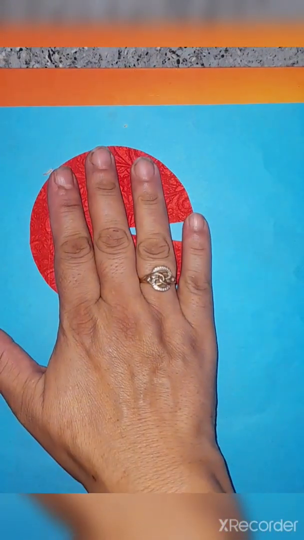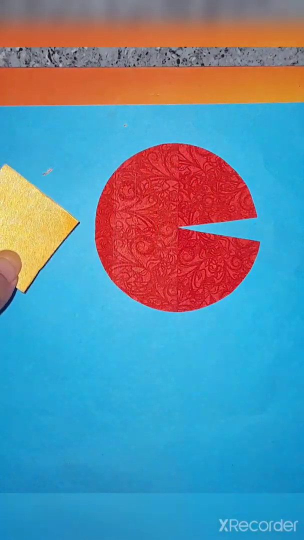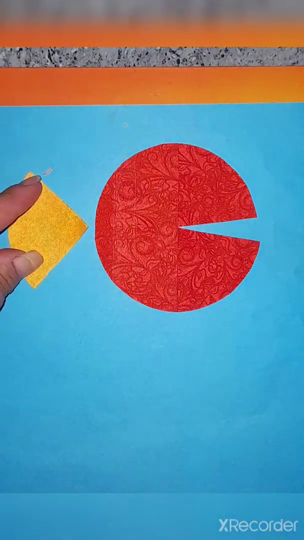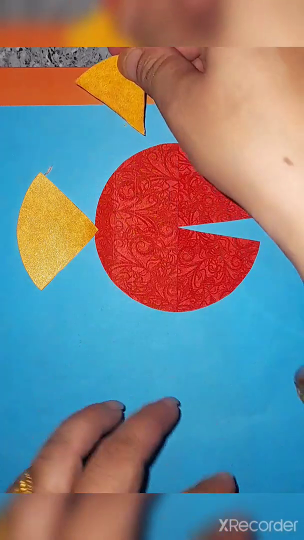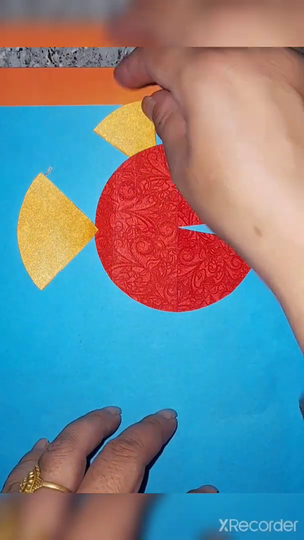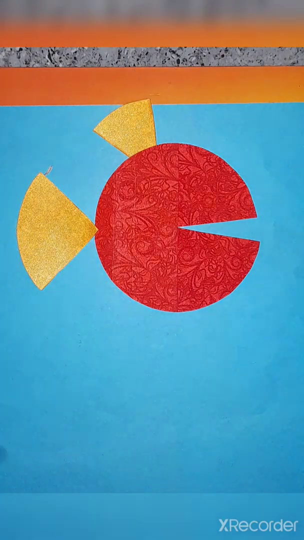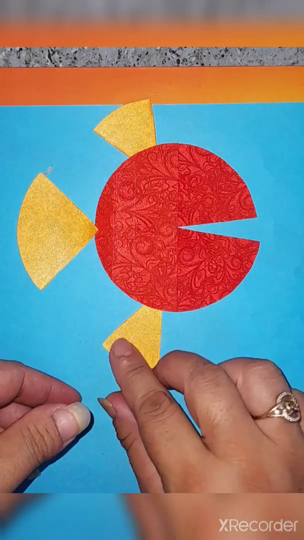Then I'll fix the golden sheet here. First I'll keep the fish here, then I'll put the golden sheet here. Now I'll make its fins, and on both sides I'll arrange the fins.